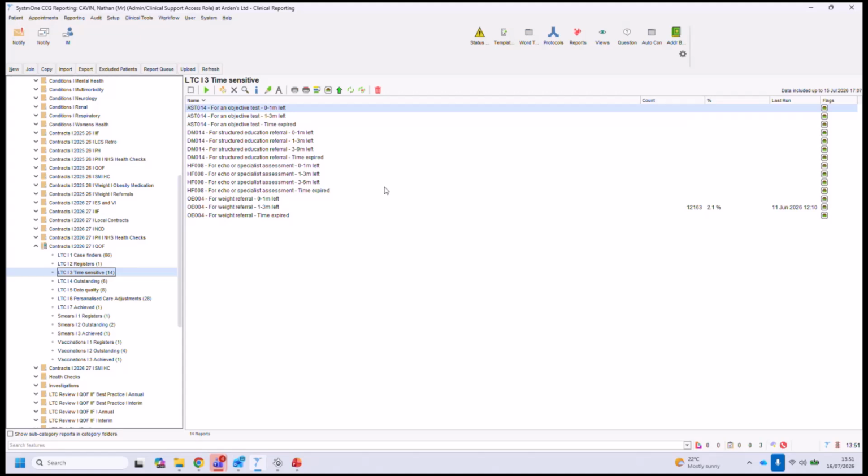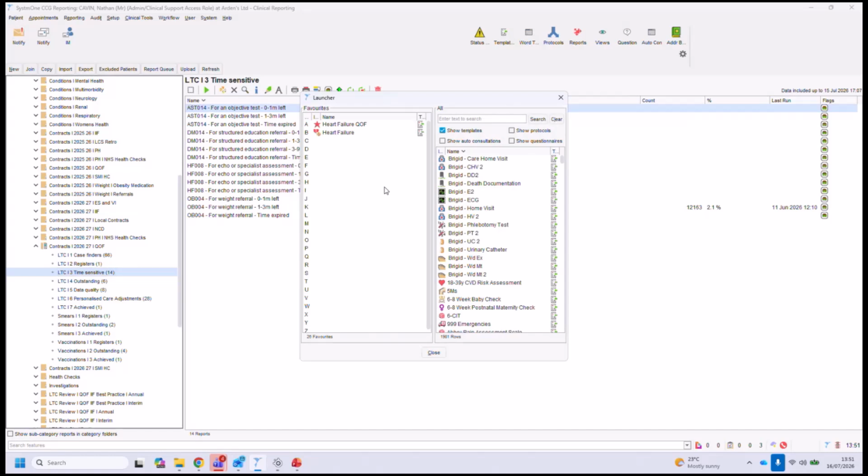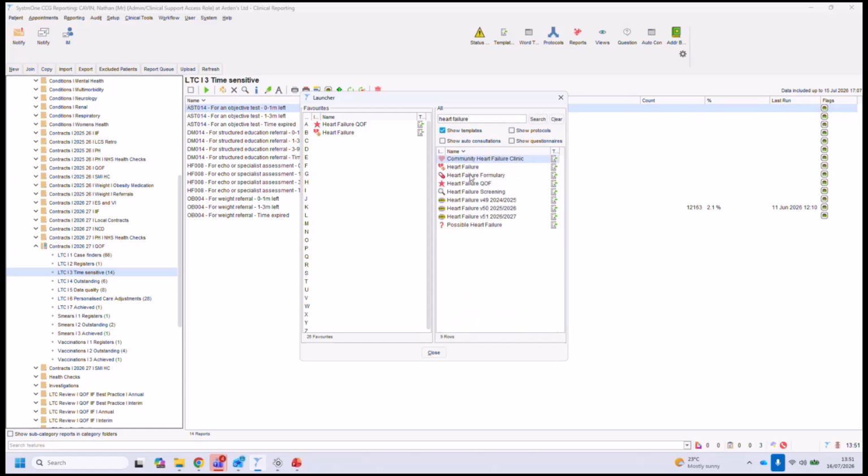So if I press F12, I haven't got a patient open, but let's just pretend I have. If I was to press F12 on my keyboard, and I've already got them saved, but if I was to search for heart failure, there are 2 Ardens resources that will help you with this. And that is the heart failure template here, and it's this little picture of a broken heart with a clock. And then you've also got this red star heart failure QOF template. So the heart failure one is your general best practice doing a consultation. The red star is your QOF codes, but nothing else, which is really useful. And as you can see, I've added them to my favorites list, so it might be worth doing that.